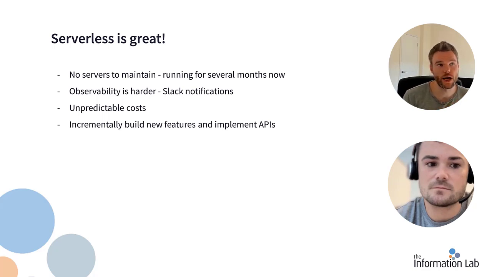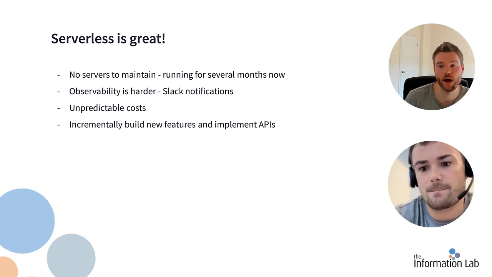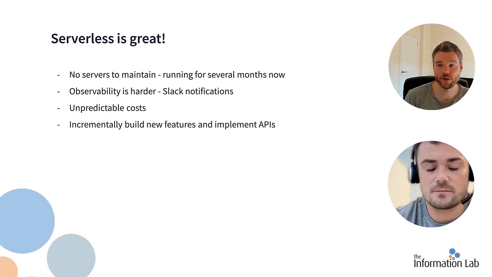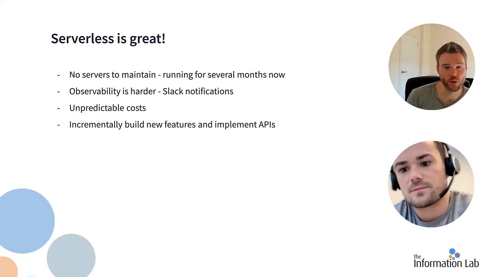Another one is around costs. Serverless often starts at zero. So if you don't use it, you're not making any costs. There's not a lot of upfront costs. However, that does mean that if you start using the platform more and more, your costs can go up. They might go up rapidly. We don't really see that many costs related to this whole data pipeline because we're only running it on a daily basis. I have to check the numbers, but I think it's like $1, like $5 or something a month that we spend on this whole integration, where I think AWS Glue is almost the most